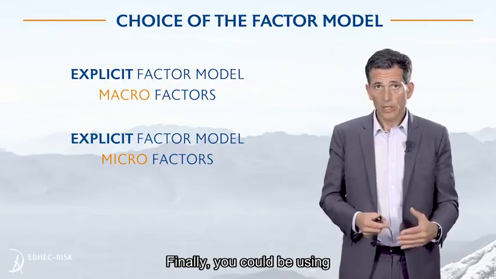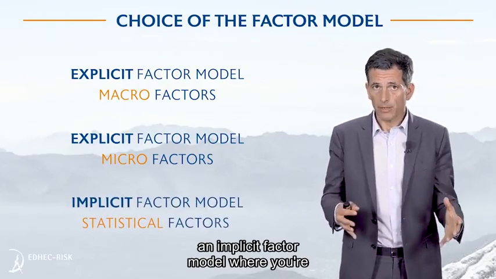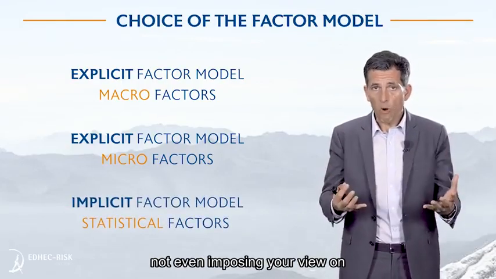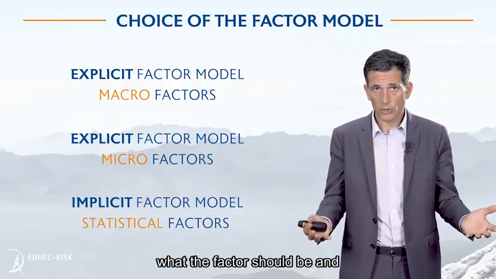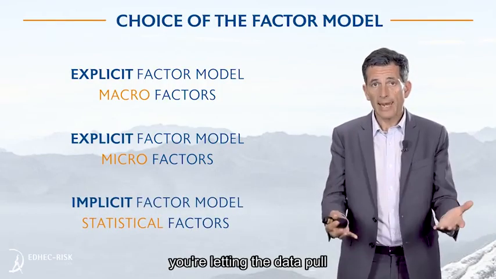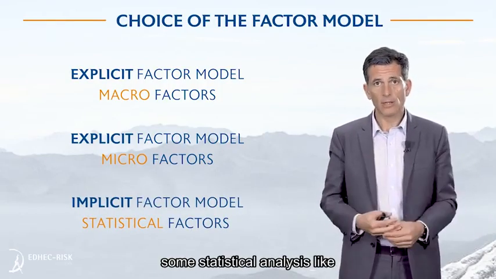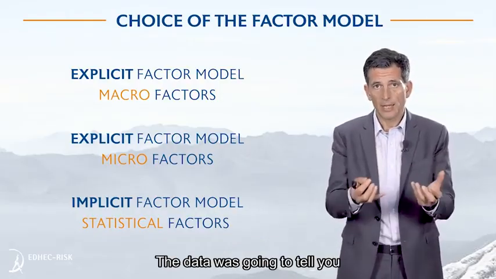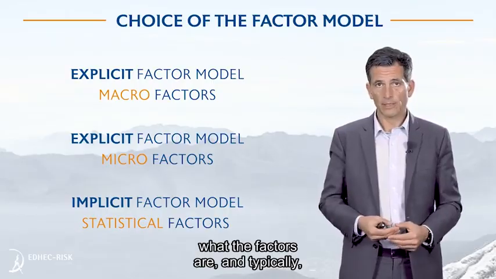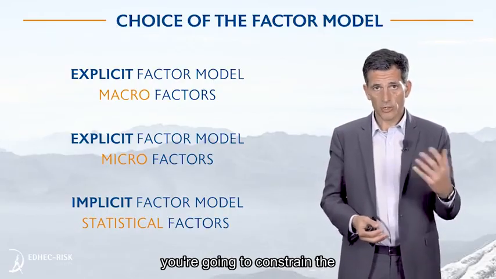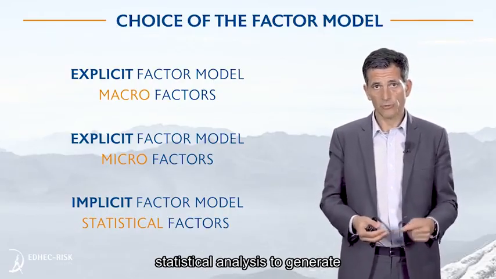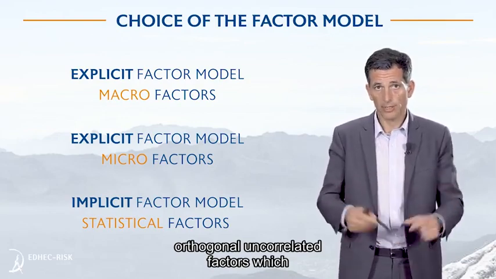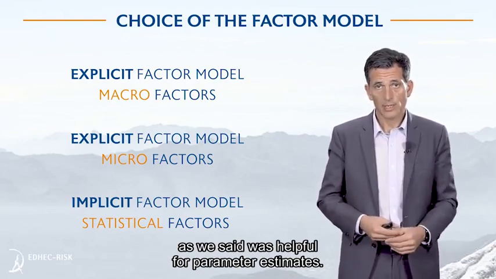And finally, you could be using an implicit factor model, where you're not even imposing your view on what the factors should be, and you're letting the data, through some kind of statistical analysis, like principal component analysis, tell you what the factors are. And typically, you're going to constrain the statistical analysis to generate orthogonal, uncorrelated factors, which, as we said, was helpful